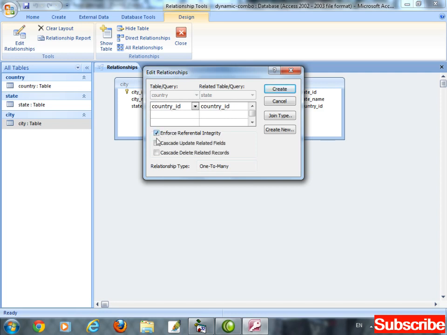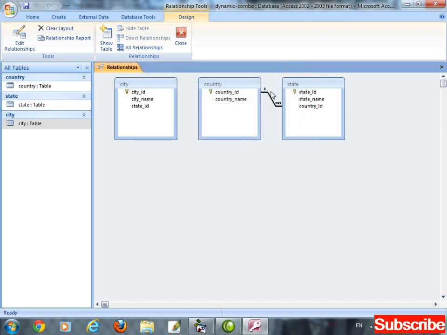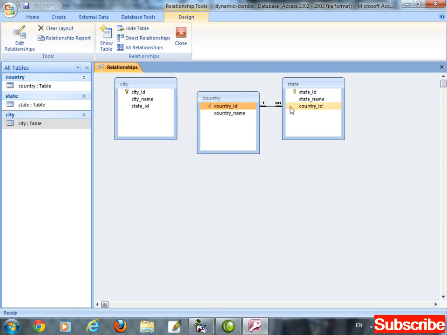Now just check these three checkboxes: enforce referential integrity, cascade update related fields, and cascade delete related fields. The type of the relationship is one-to-many. The relationship between these two tables has been created. On the country side we are having one, and on the state side we have the infinity symbol.